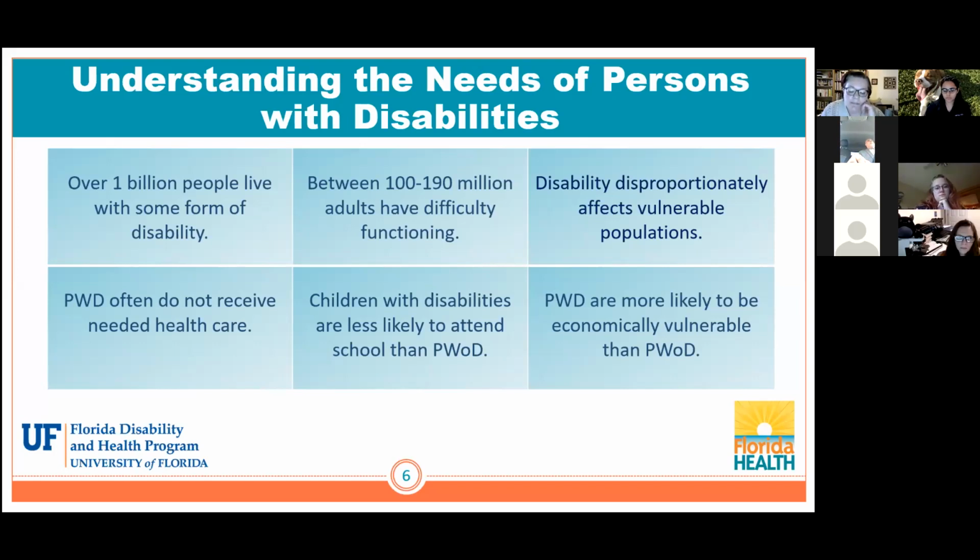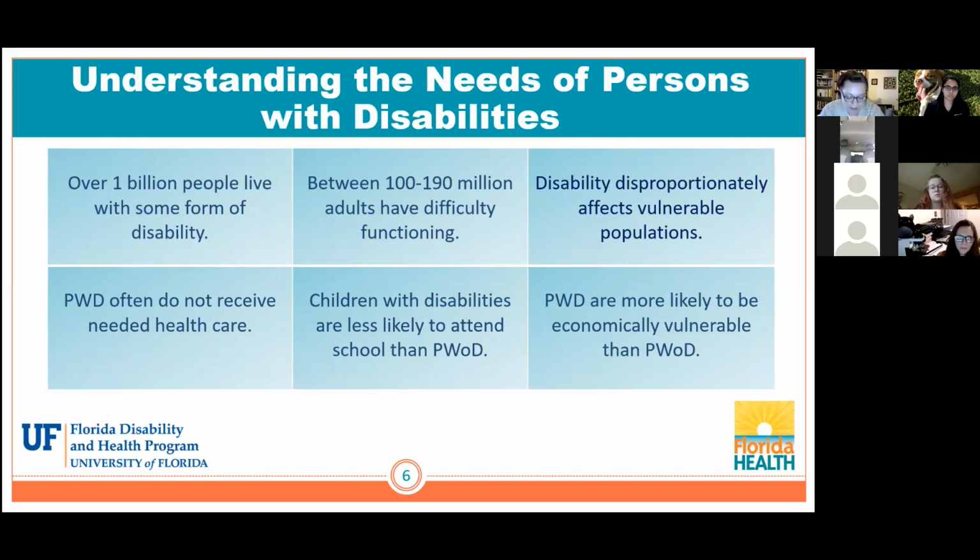Unfortunately, it doesn't just affect the ability to get healthcare, it affects a lot of other areas of life. We see this with children who have disabilities. Globally, there's a significant difference in access to education depending on disability status. Children in general with disabilities are less likely to attend school overall. We also know that education completion gaps are found across all age groups and in all countries, with a pattern more pronounced in poor countries. So for instance, the difference between children with disabilities and children without disabilities completing their education is about 10% in India compared to about 60% in Indonesia.